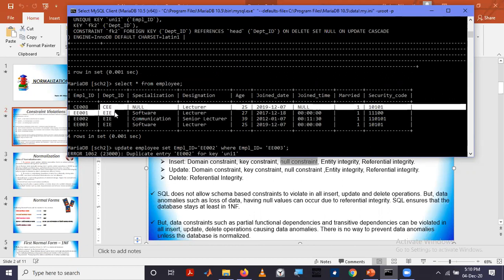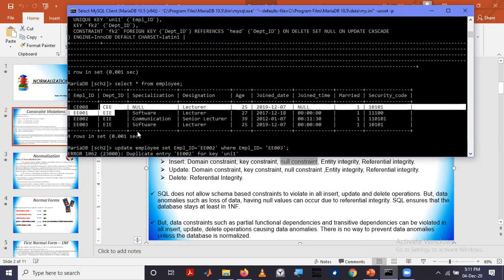That means those values deleted will be set to null here. And if the entry of the head table is updated, then such entries which are here will be cascaded. That means deleted. The whole row will be deleted. Right?